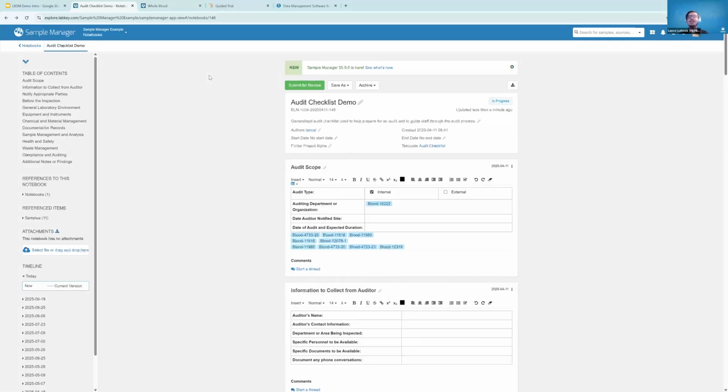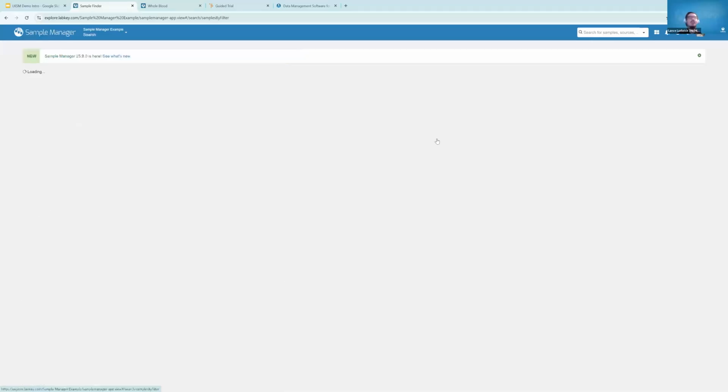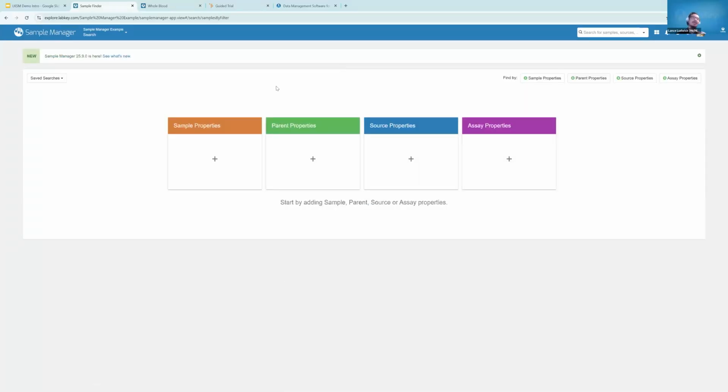So one other thing I really want to show, and it's something that I wish I had when I was in the lab, is our sample finder tool. Sample finder allows you to look for samples based off of properties from where they're coming from, like their sources, or different types of tests. If it's outside of range or if it has missing test results, it's very easy to find